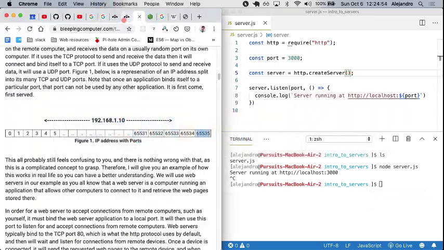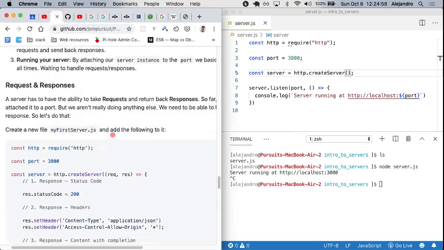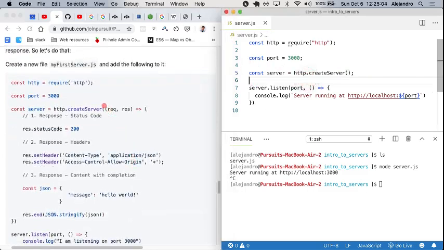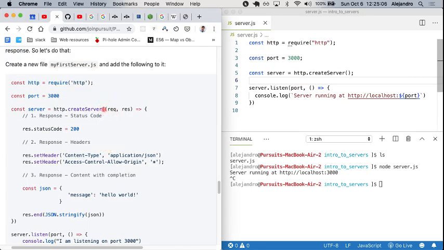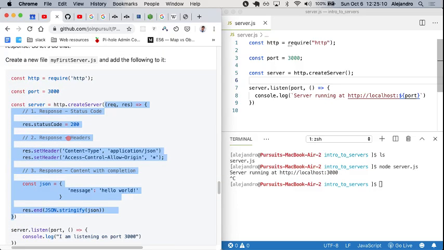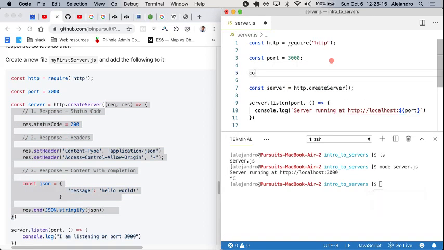So let's look at this in here. So okay, I'm gonna do. So here in the lecture notes we're passing in this callback function, right? We're defining this callback function in the argument, right? And this is fine. But I wanna be a little bit more explicit and say something like const. I'm gonna create a function called request handler